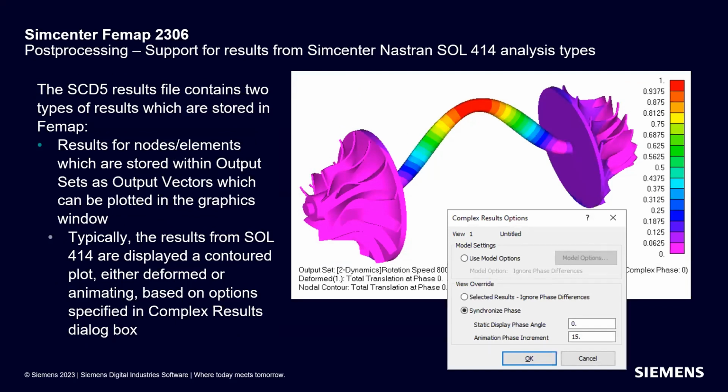When you are looking at rotor dynamics in general, a lot of times you actually want to use our complex results options, which are available, kind of our on-the-fly ones here. So you either can look at a deformed plot just at a static display phase angle, or you can look at an animation of a single output set based on an animation phase increment, where basically it's just gonna show you